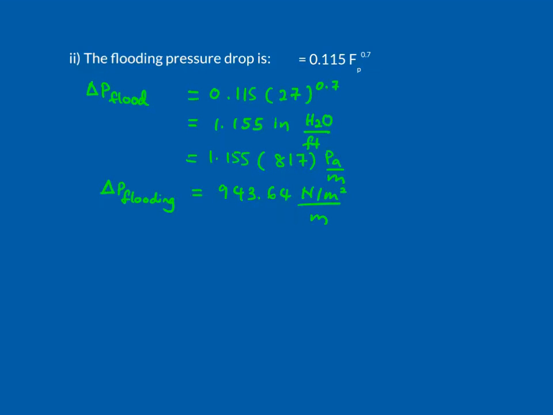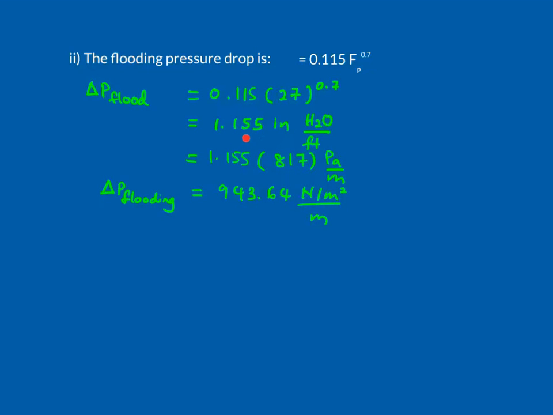The second part of the question is to find the flooding pressure drops, and the formula given to find the pressure drops is 0.115 multiplied by the packing factor to the power of 0.7. So we're going to substitute the packing factor that we use, which is 27 per feet, and we get the answer for the pressure drops in inch water per feet is equal to